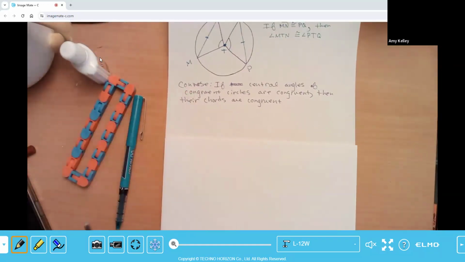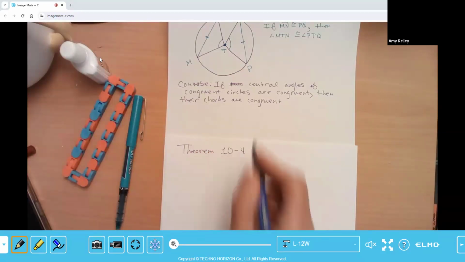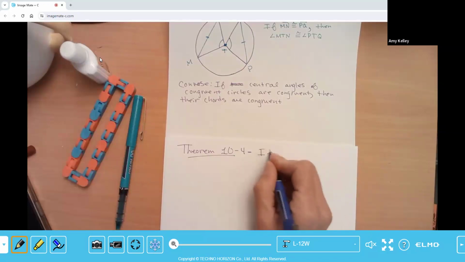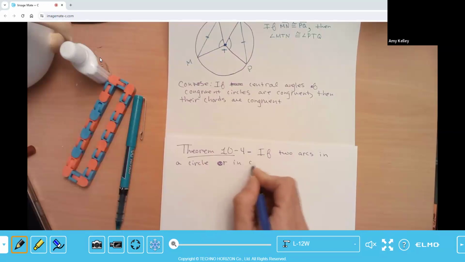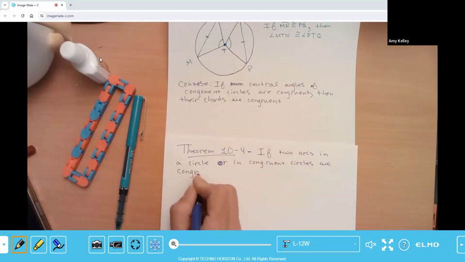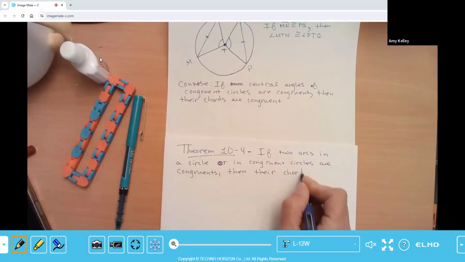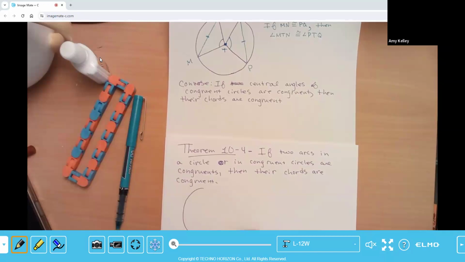Next we'll take a look at theorem 10.4 and its converse. This theorem says that if two arcs in a circle or in congruent circles are congruent, then their chords are congruent. So for example, if we have a circle here,